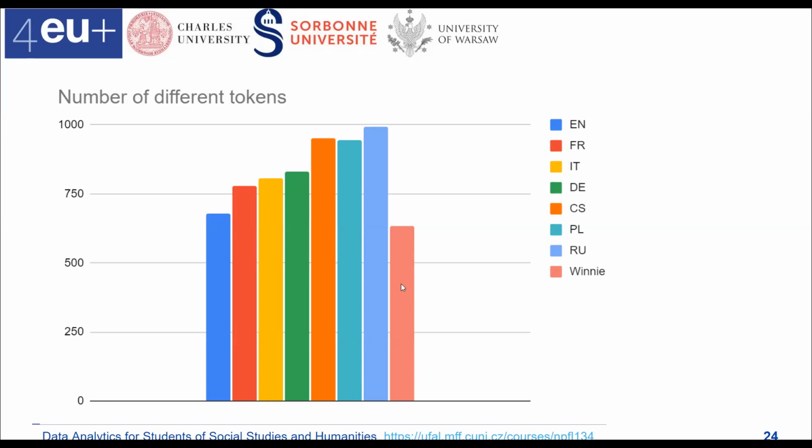So what is the striking difference is that, compared to the English version, for example, the official translation in Polish and in Czech is slightly different in number of different tokens. So it would be interesting to analyze why these two languages are using much more, I would say, richer language